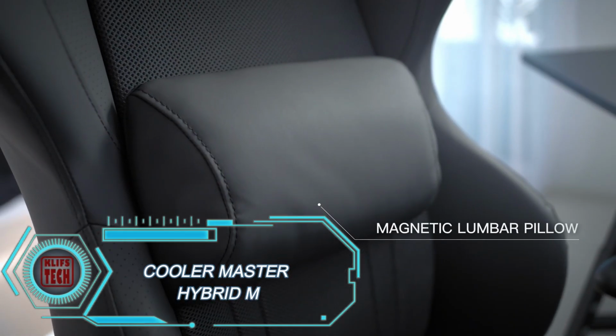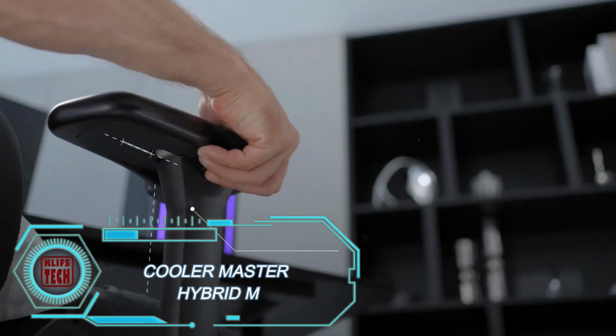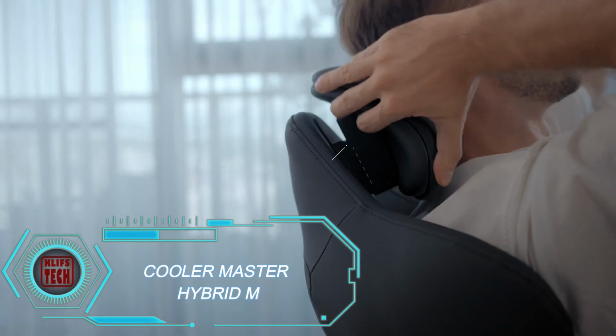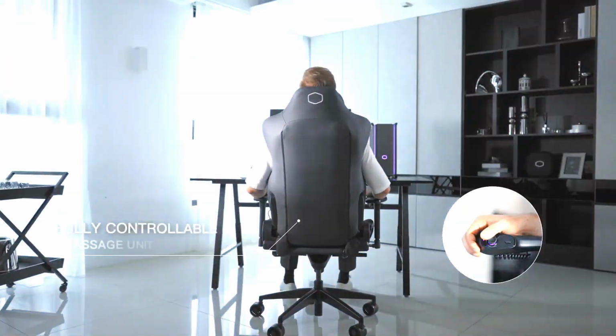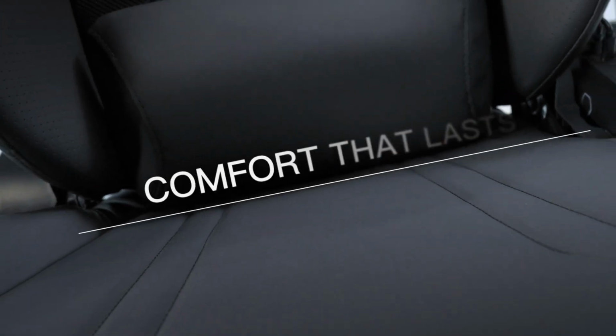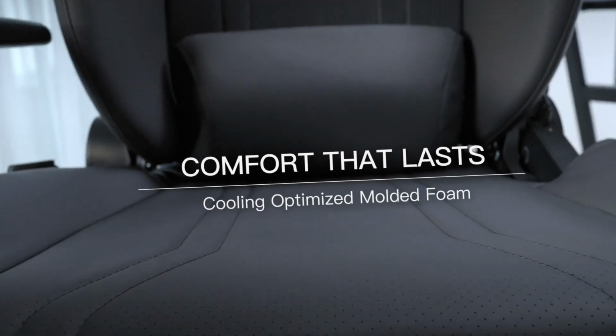Looking for the perfect computer chair? The Cooler Master Hybrid M might just end your search. It features Bluetooth connectivity, high-density foam, and even a built-in massage mode. With its own battery, you can enjoy a relaxing massage even during power outages, and a full charge gives you